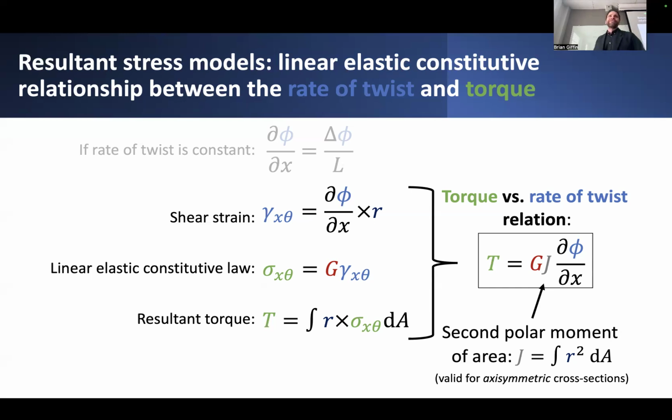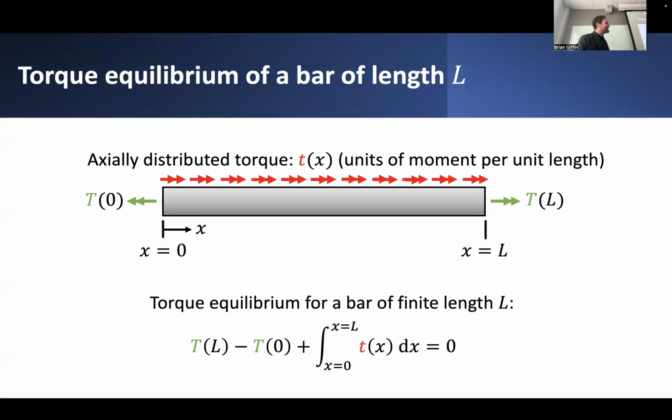So the second polar moment of area has different ways to compute it, but in the end, it really only applies in the case of axisymmetric shafts. That's where this whole theory ends. And again, we'll have to get into the details of exactly how we deal with the case of non-axisymmetric shafts in a little bit. But I just wanted to complete the circuit and say that if you have, let's say, a bar undergoing some kind of end torques,